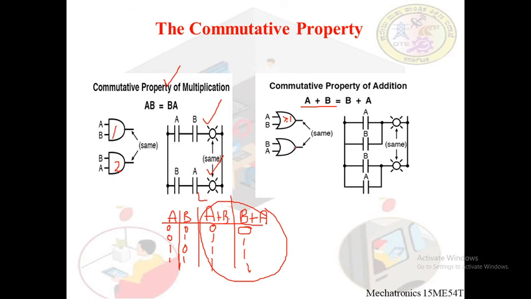So these two are the laws called as commutative laws for addition and multiplication. Here this is shown with a circuit diagram. When we say OR, the switches are connected in parallel. So we get the output when any one of the inputs is high. Here this is high, we are able to get the output. Here A is high, we are able to get the output. When both are high, still there is output. So here when any one of the switches is on, we'll be able to get the output.